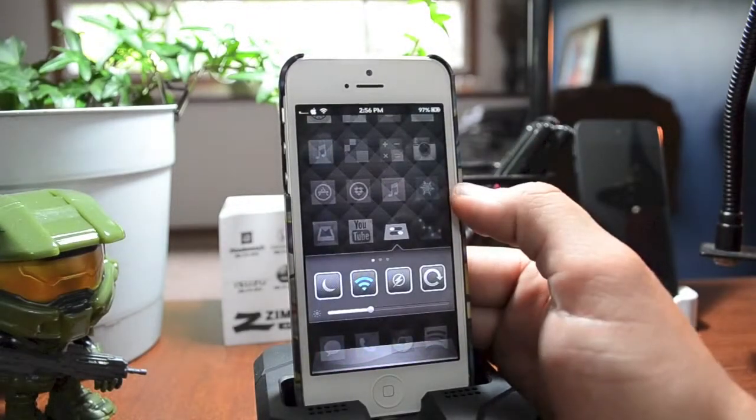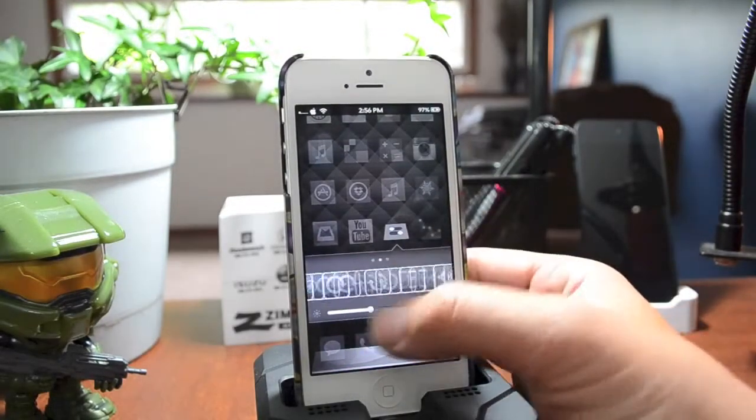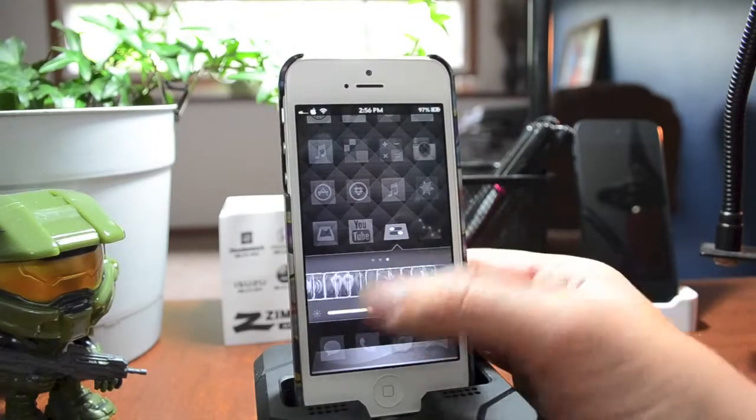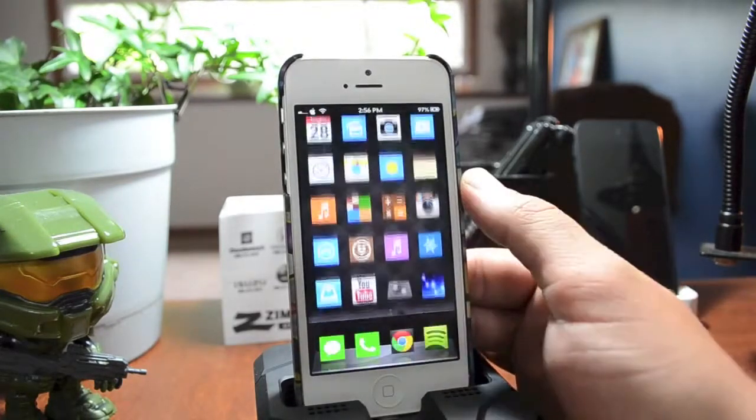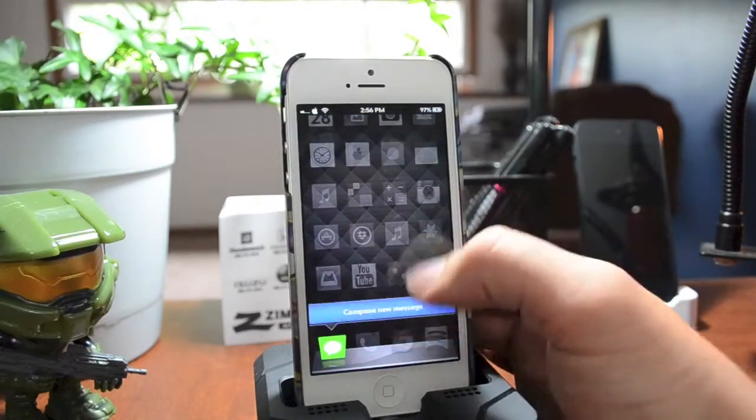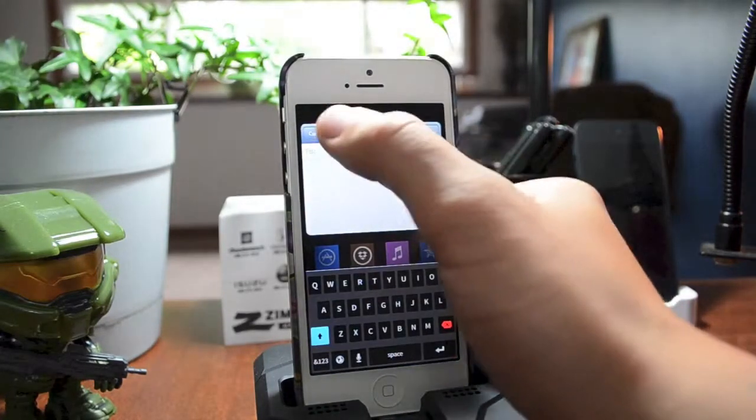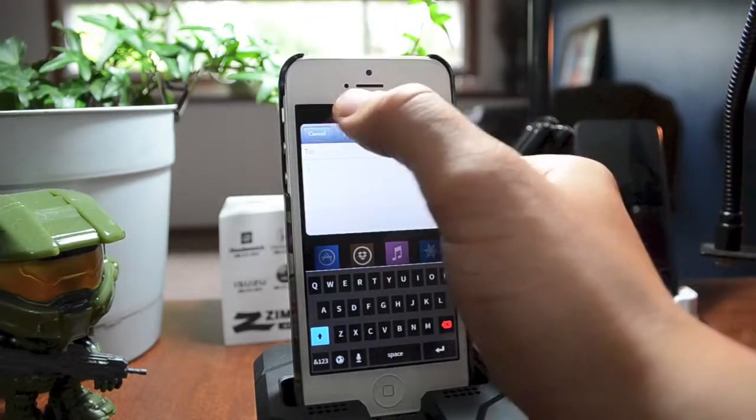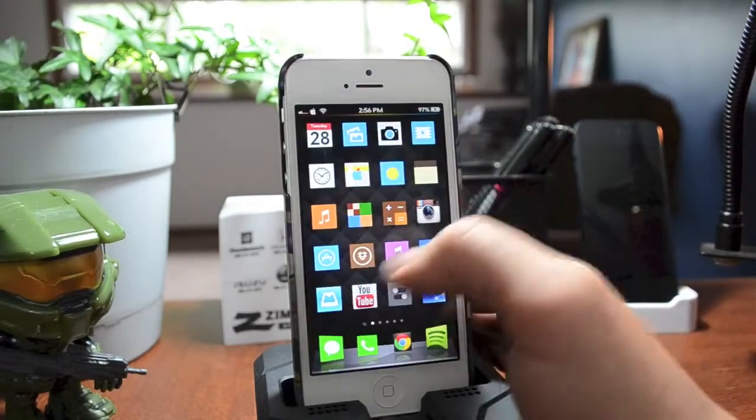Settings here is a bunch of quick toggles like Do Not Disturb, Wi-Fi, so on and so forth. As you can see, Bluetooth, airplane. You even get a brightness slider at the bottom. For Messages here, if we go ahead and swipe up on that, you can compose a new message. That's extremely awesome right there. I just really like the way that they implemented that compose a new message, so you can do that directly